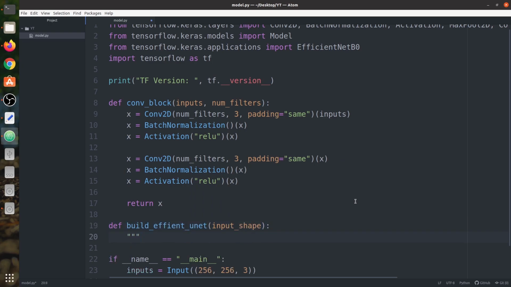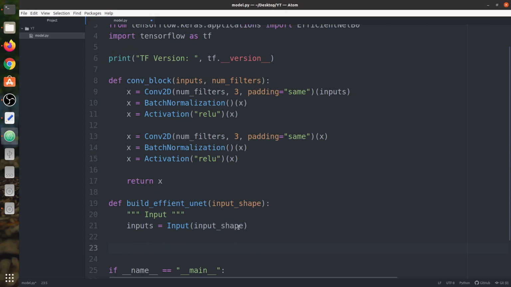Next we need to define the input layer, so we say inputs is equal to Input, and we give it the input shape as the parameter. So we have this input layer with the specific given input shape, and this input shape would be given as the argument for this function build_efficientnet_unet.